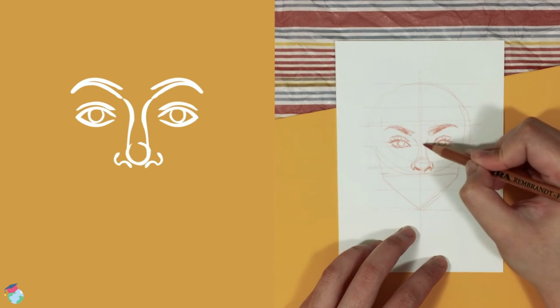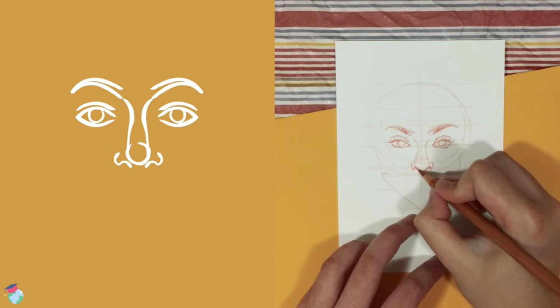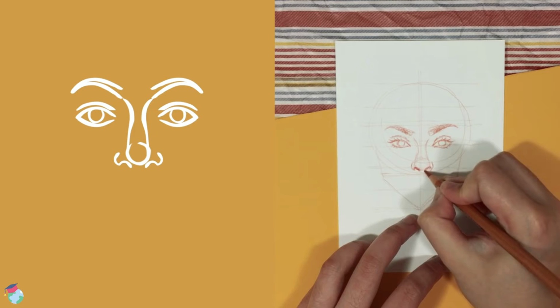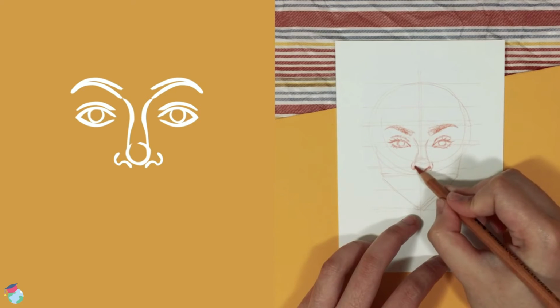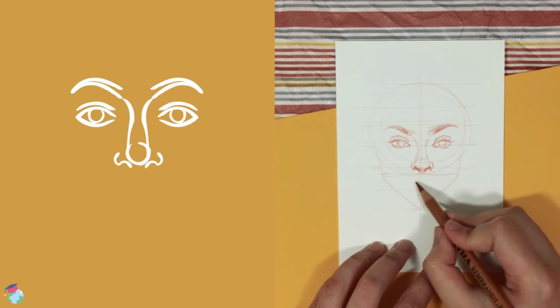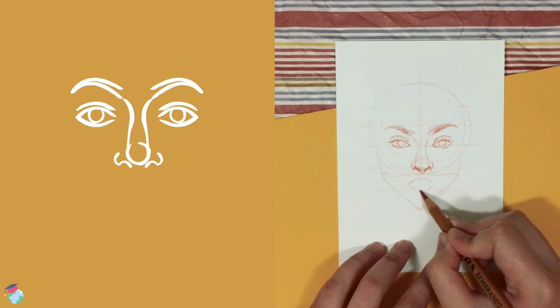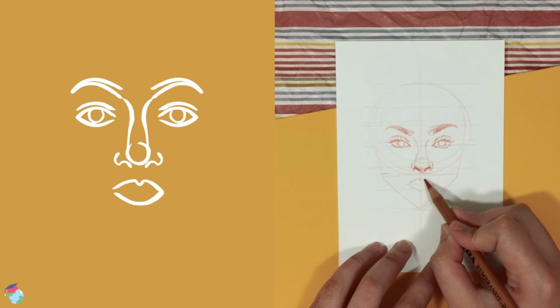So it connects down from the eyebrows to the circle that we drew for the nose. And you can draw this as light or as heavy as you want, depending if you want this to be way more pronounced. When drawing the mouth, I start with a basic leaf shape with a V cutout on top